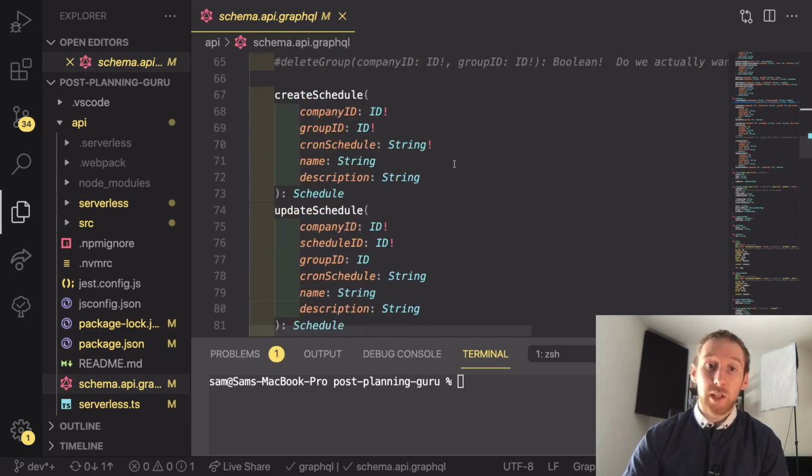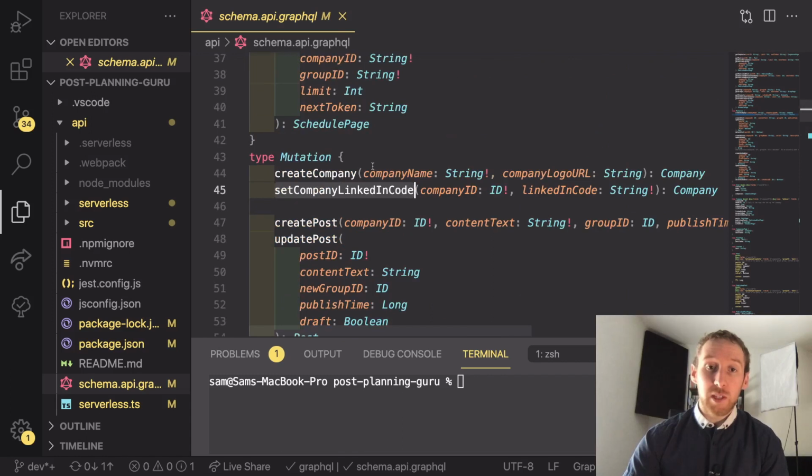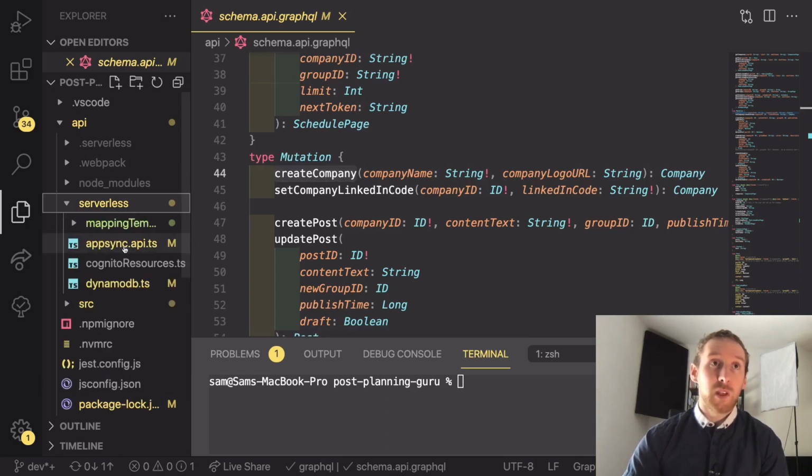Finally, we have schedules, and again, we need to create, update, and delete schedules. And basically that is all of the mutations that we need right now for the front end through AppSync. So if we scroll back up to the top of these, we're first going to have a look at the create company one. So if we have a look inside Serverless and